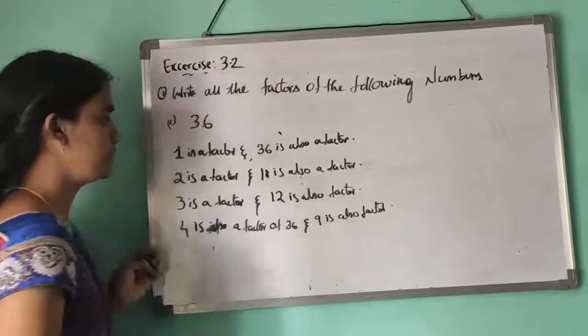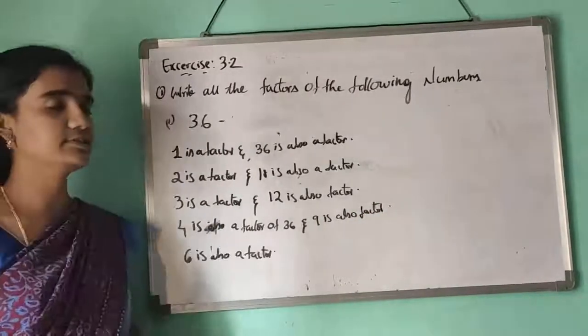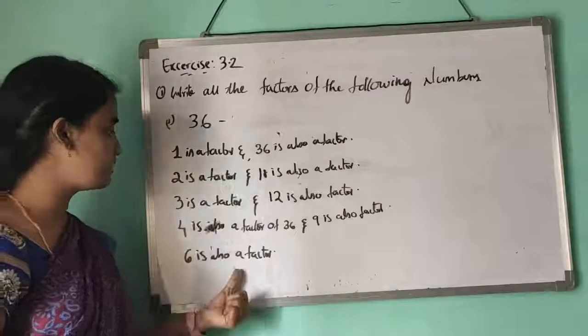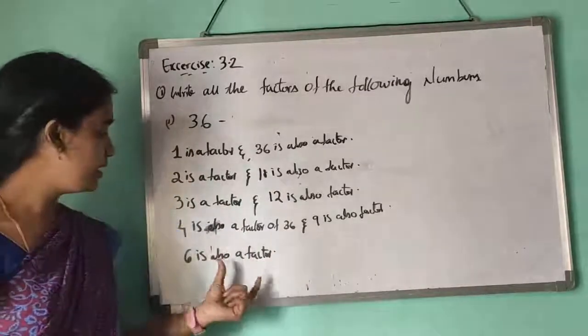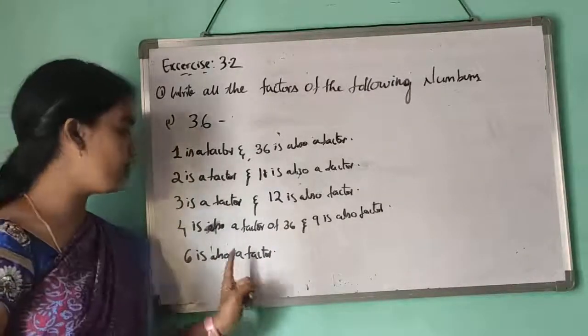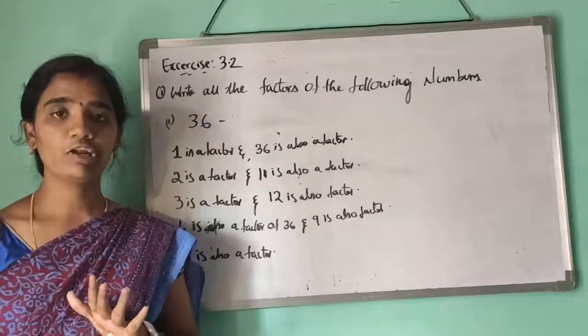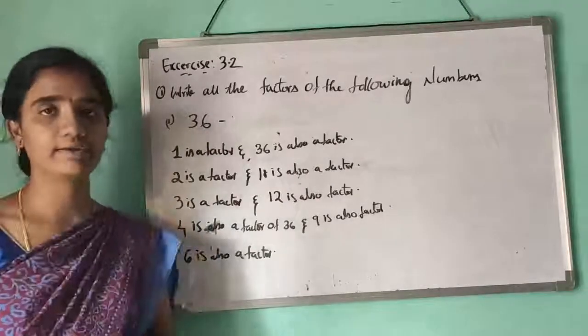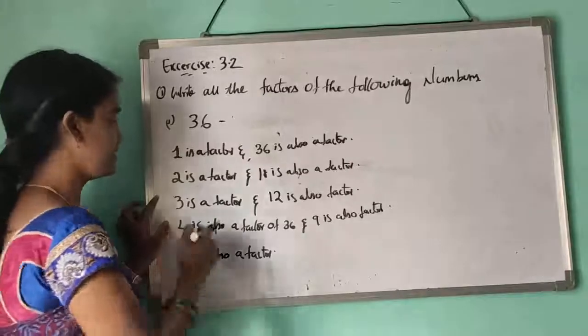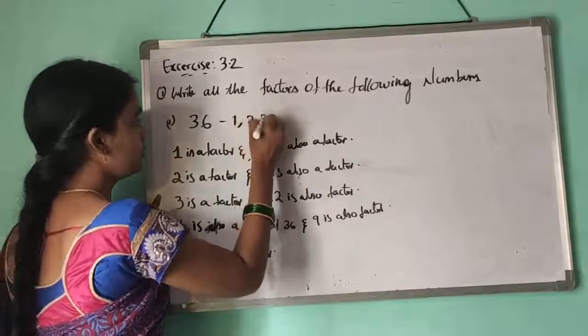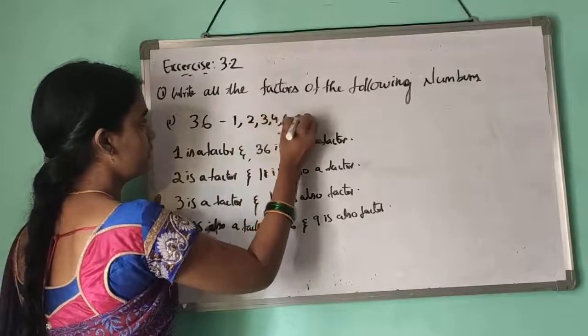Then 6 is a factor, because 36 is divided by 6. It is a set of factors, so the factors of 36 are 1, 2, 3, 4, 6, 9,